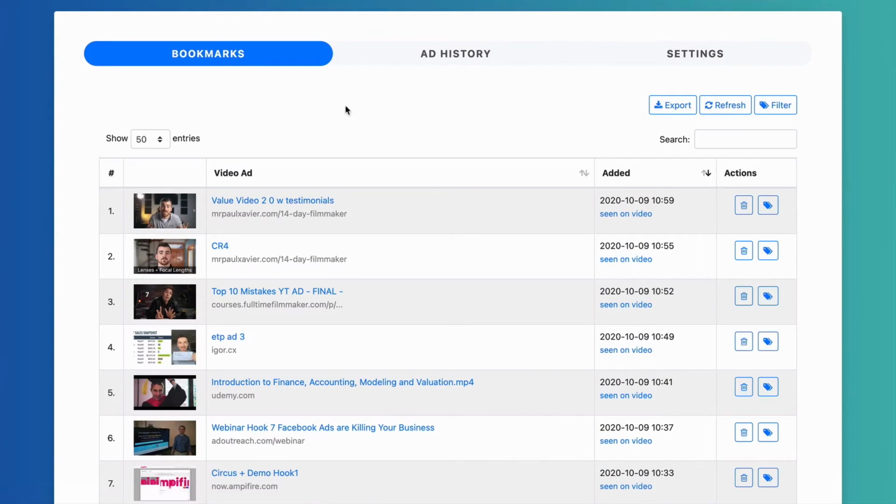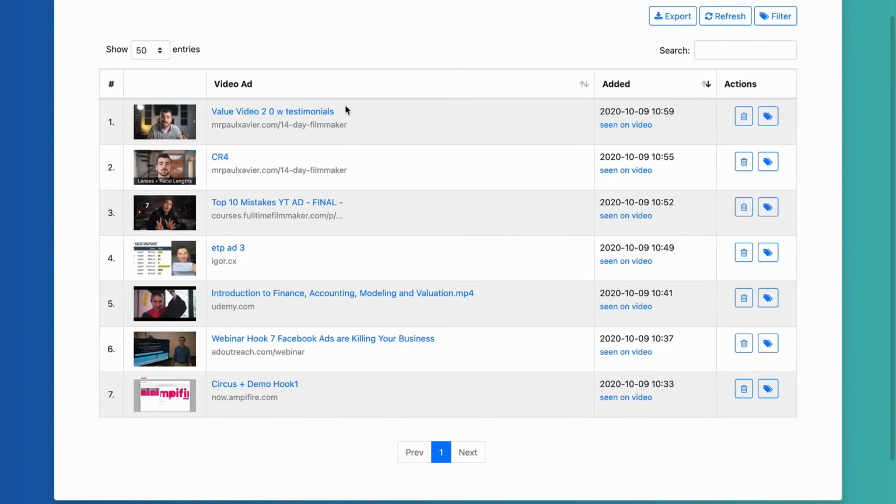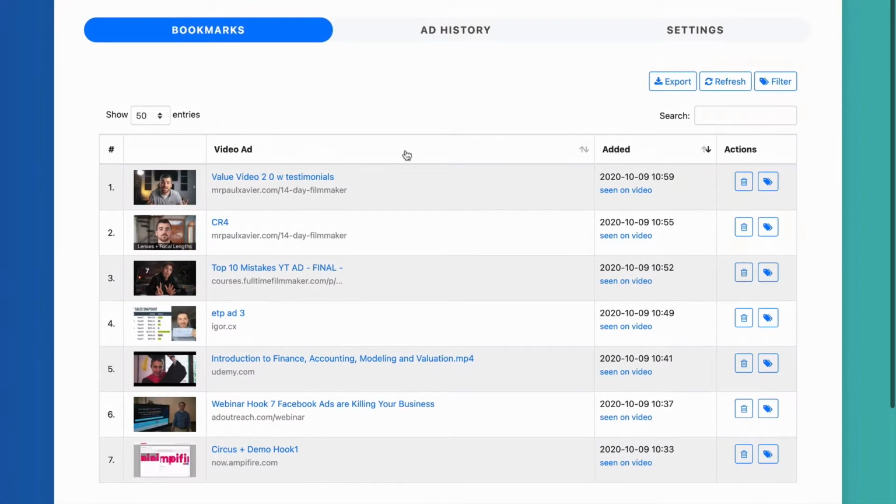your personalized bookmark folder. So this is some of the ads that I've wanted to watch again for the second time because I liked how they presented information, how they hooked you in the beginning, just kind of how they present their message. I was like, that's something that I should watch again and maybe get some ideas. And that way I can keep track of them if there's something I want to come back to and reference.